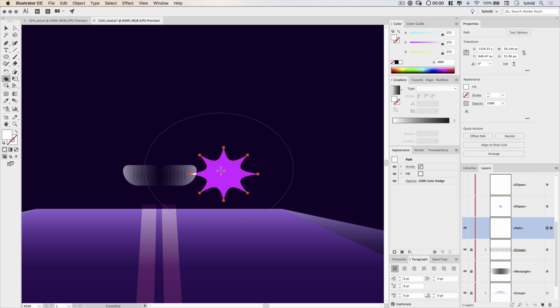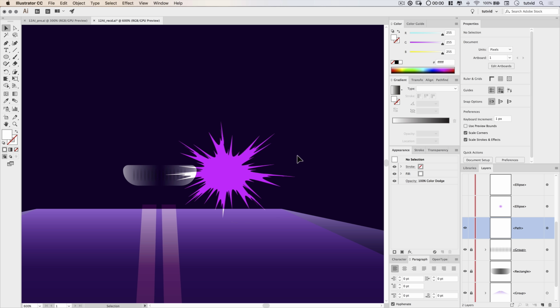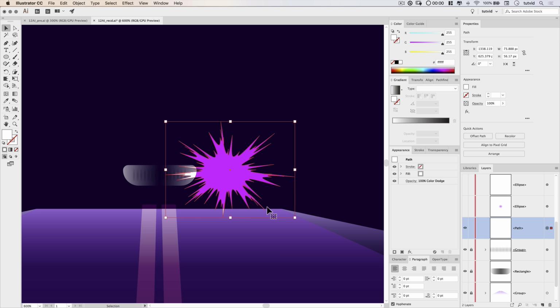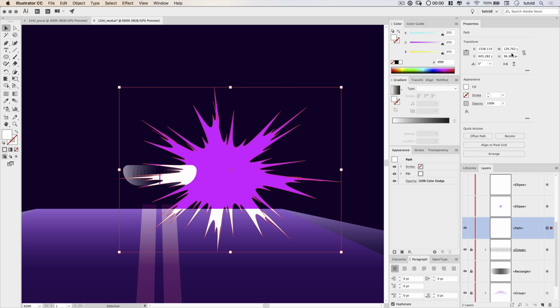The mistake that a lot of people make is clicking too many times. It's better to click once and maybe a second time and then, all right, there's our initial shape. It looks a little crazy, maybe a little comic booky. If that's the case, we can even come in and choose the Scallop tool and that'll pull the center back a little bit. Something like that. I think we'll live with that shape for the time being. I'm now going to scale this shape up until it's about, I don't know, 100 to 130 pixels in width. So right there, 126. This is probably good for the width.